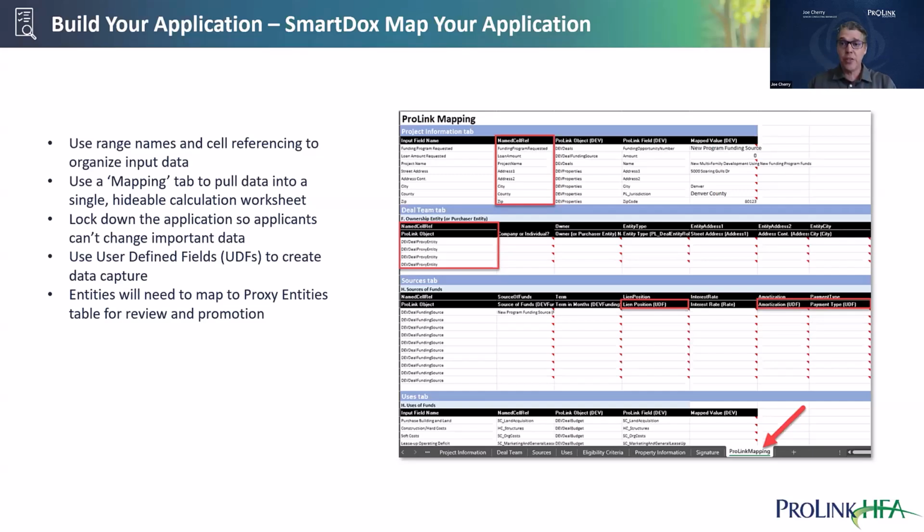So in addition to the mapping tab, that's kind of your one safeguard. Locking down the application is important as well. And so we do have a protect workbook function in Smart Docs that we want you to use. It's better than the Excel protection. It actually works better with ProLink Smart Docs. So use that. And we also see situations where clients will lock down